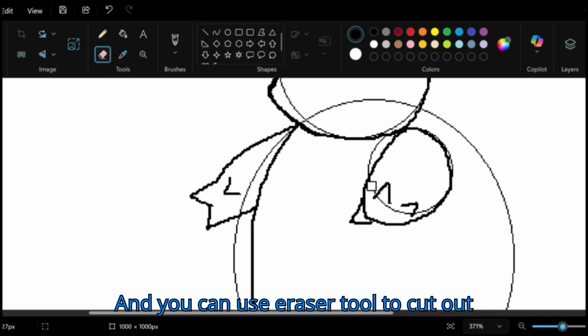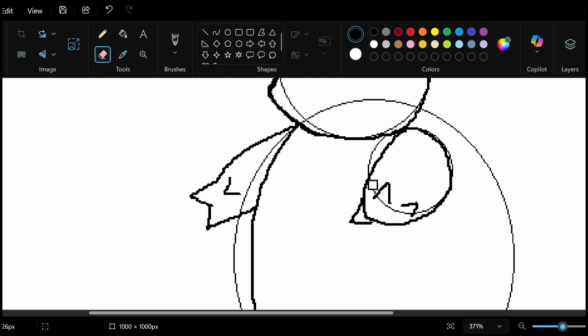And you can use eraser tool to cut out some unnecessary part.